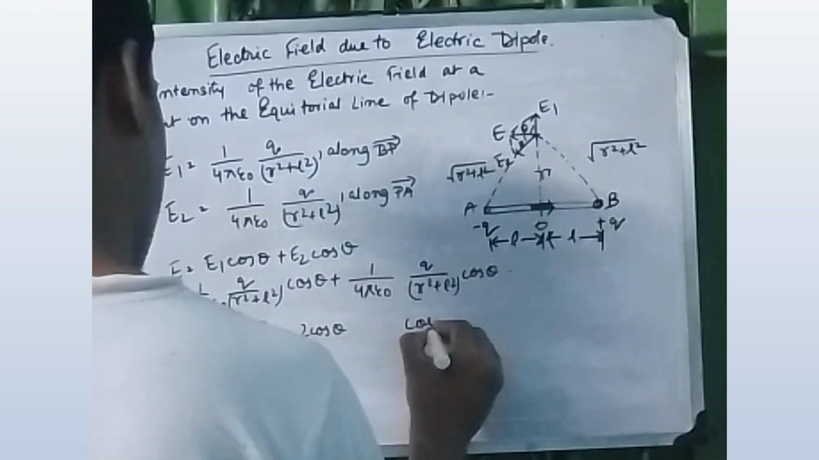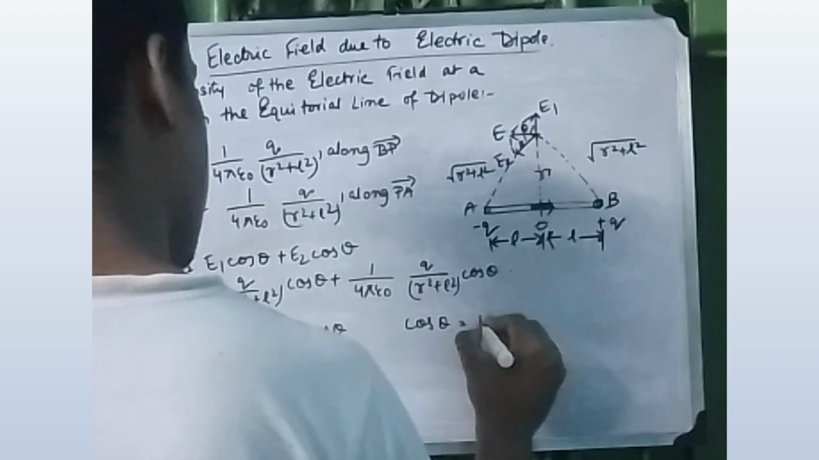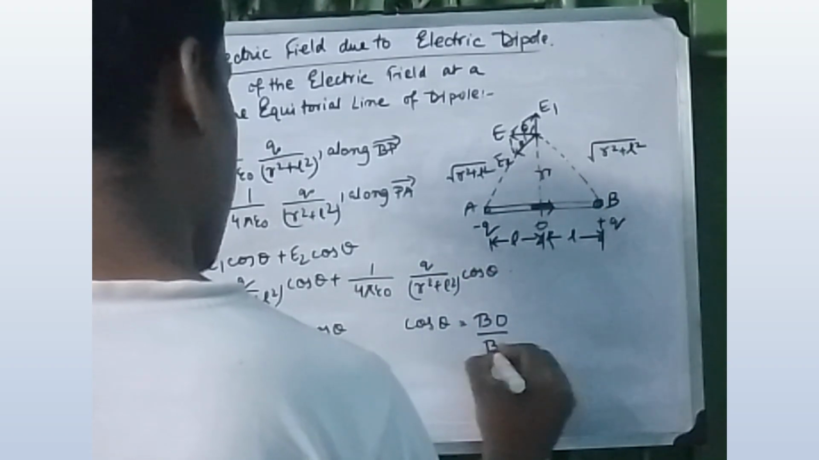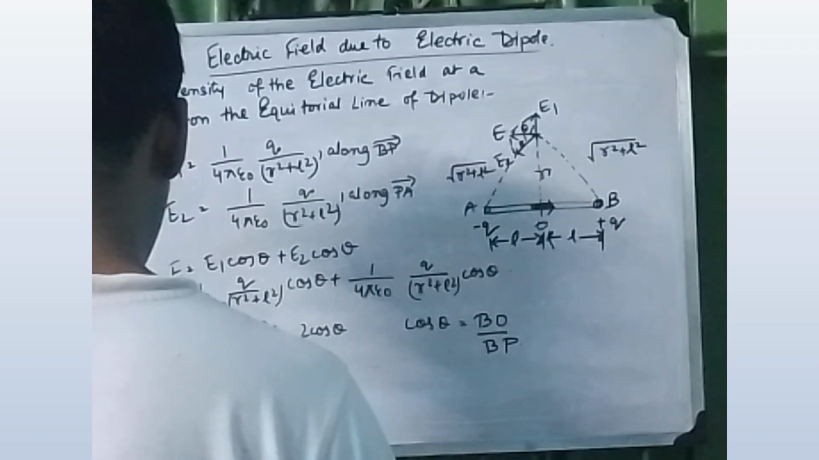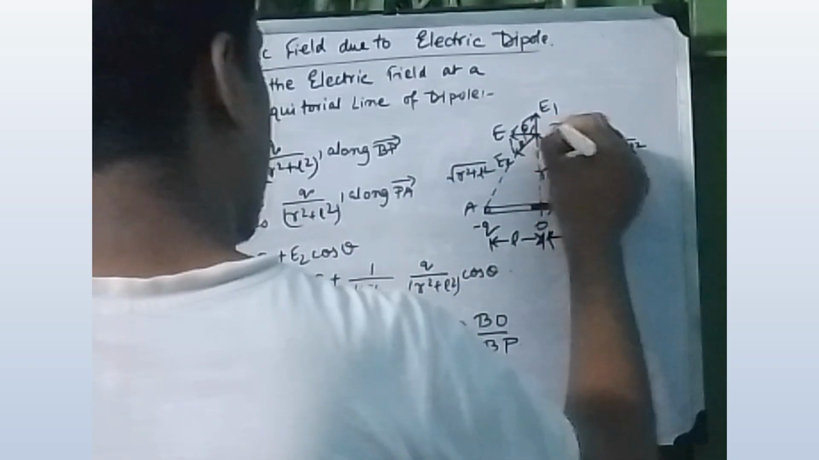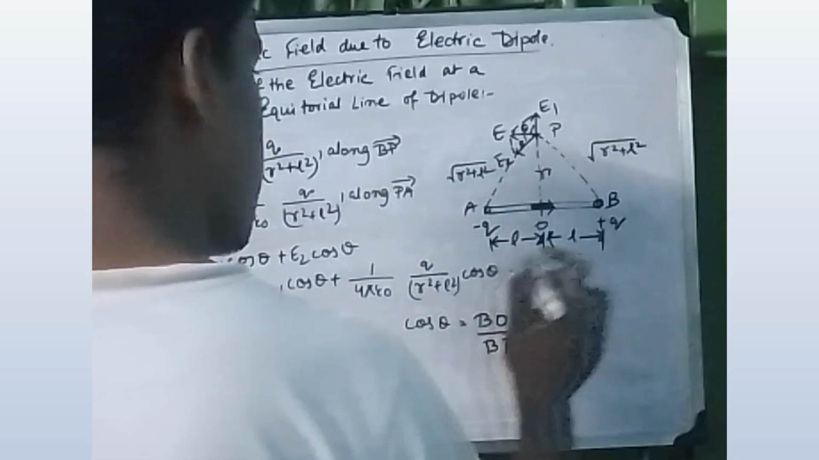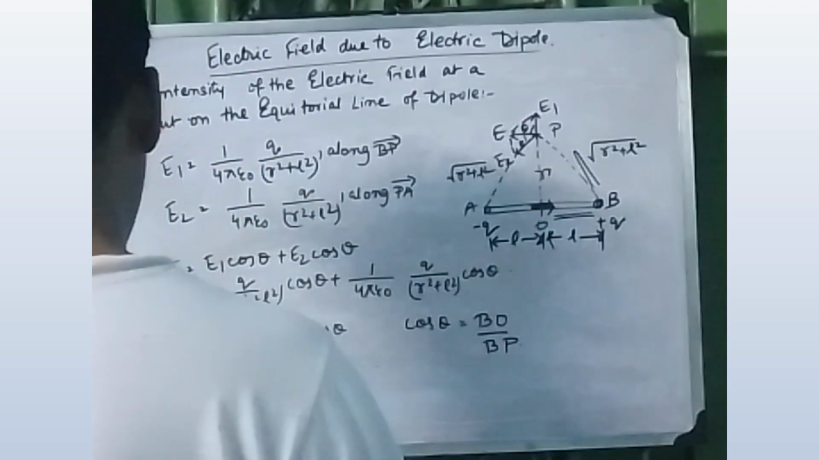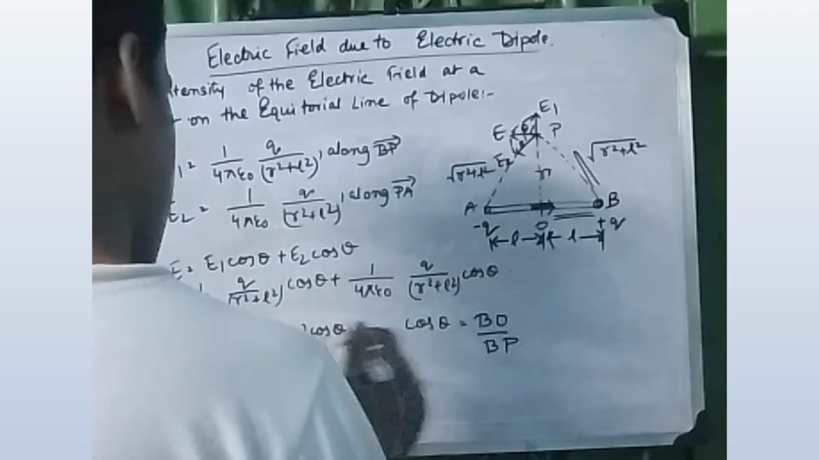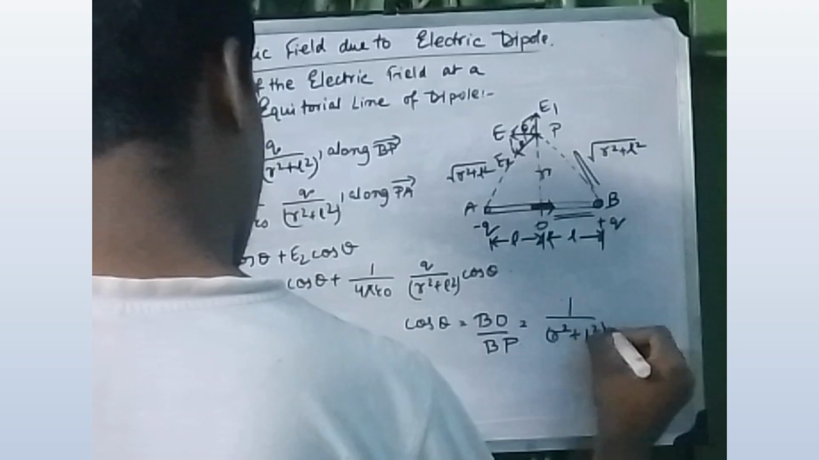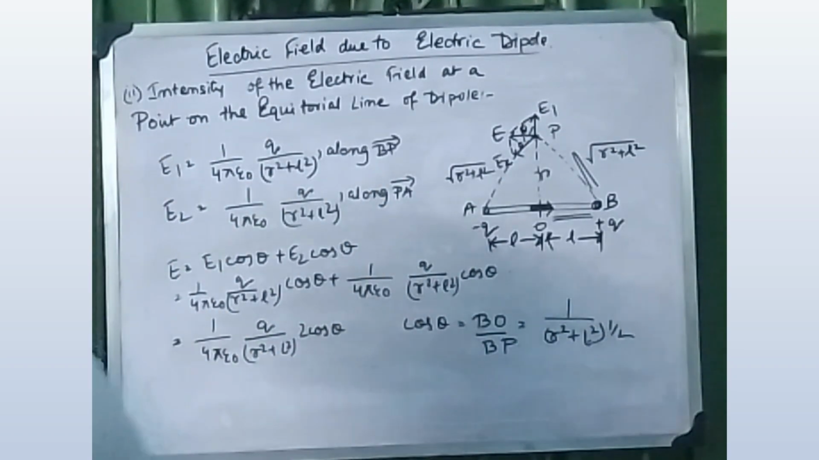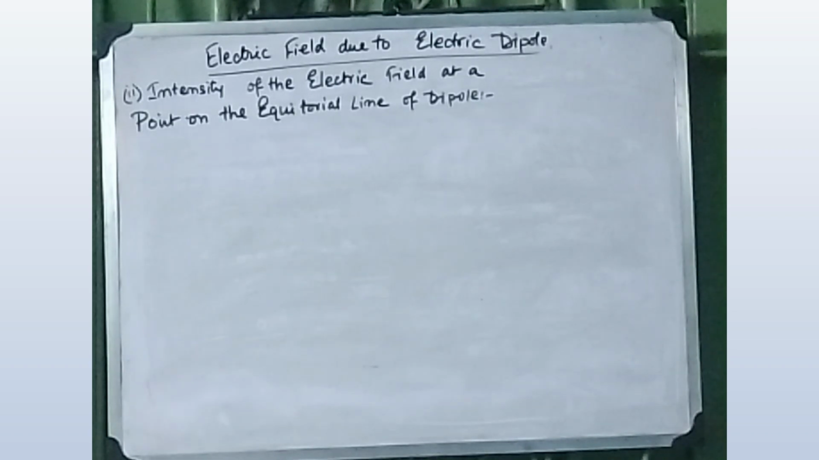So E is given as 1 by 4 pi epsilon naught Q divided by (r square plus L square) whole, into 2 cos theta, where cos theta equals BO by BP. As you have seen in the highlighted portion, we have to find that portion, which is equal to cos theta, which will be equal to L by (r square plus L square) to the power half. Then we will continue the equation